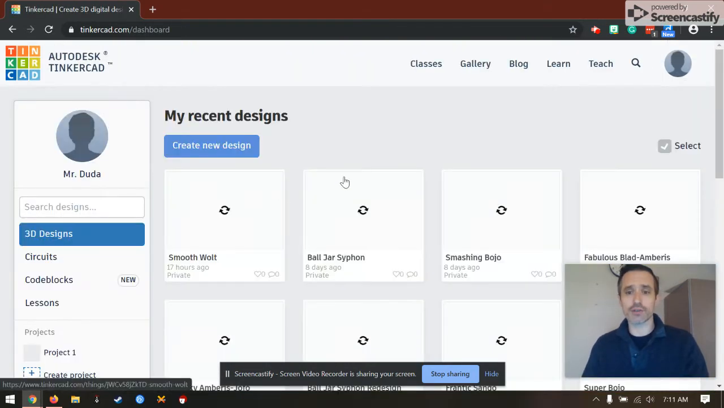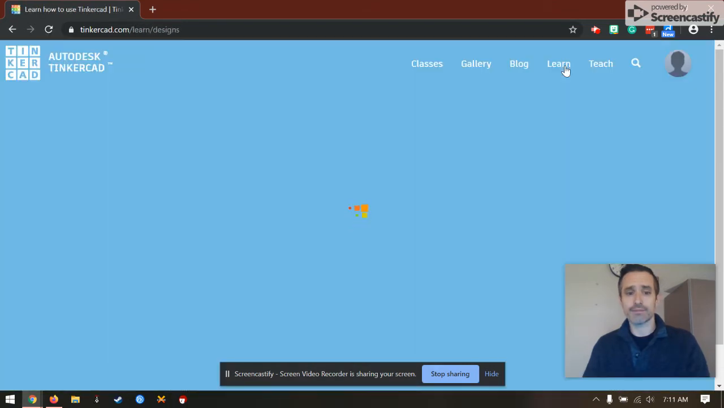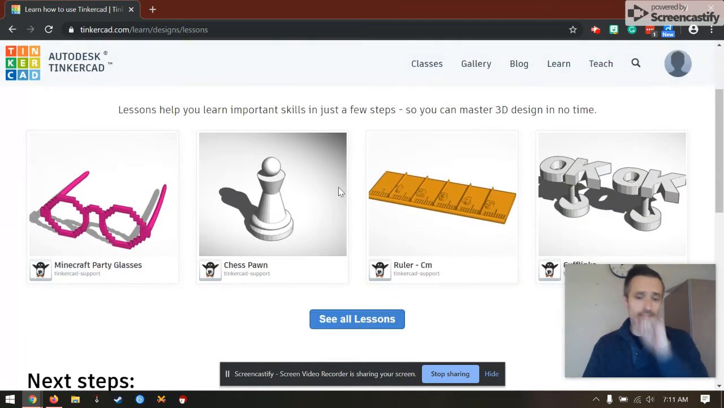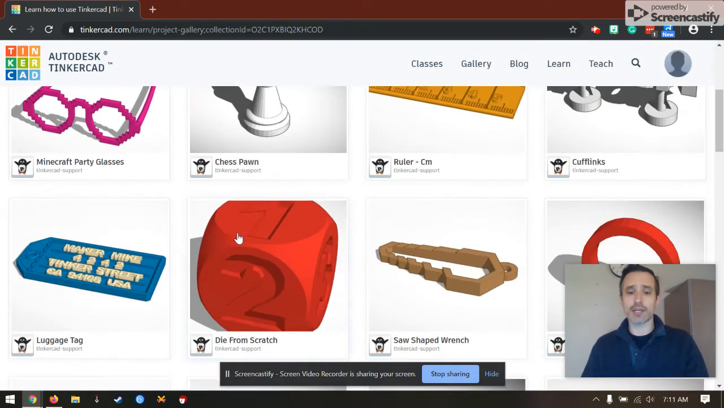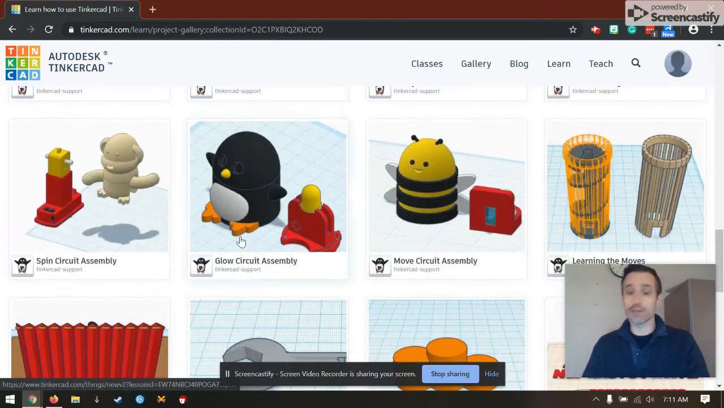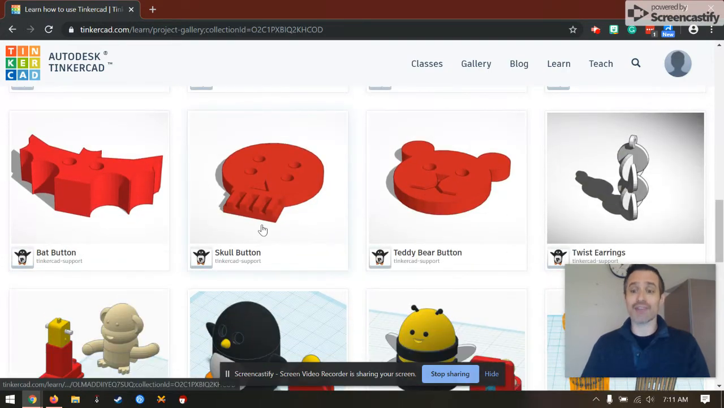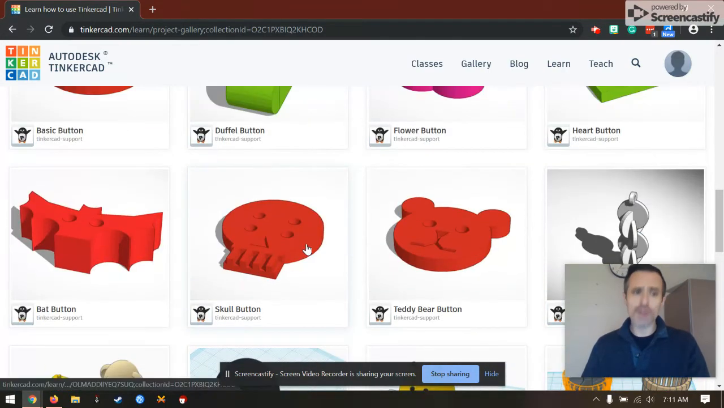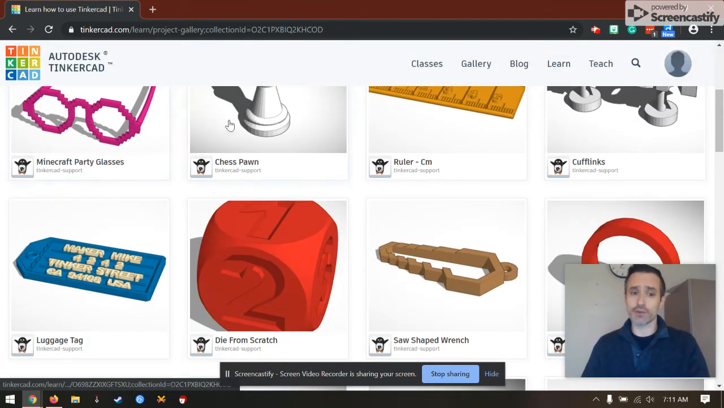Once those starters are complete, you're going to click on Learn again, then click on Lessons, see all lessons, and I would like you to go through all of these lessons. Now, by the end of this, you are going to have a lot of skills in 3D design. The way it starts, you click the first one. I want you to start at the first one, make your way across,